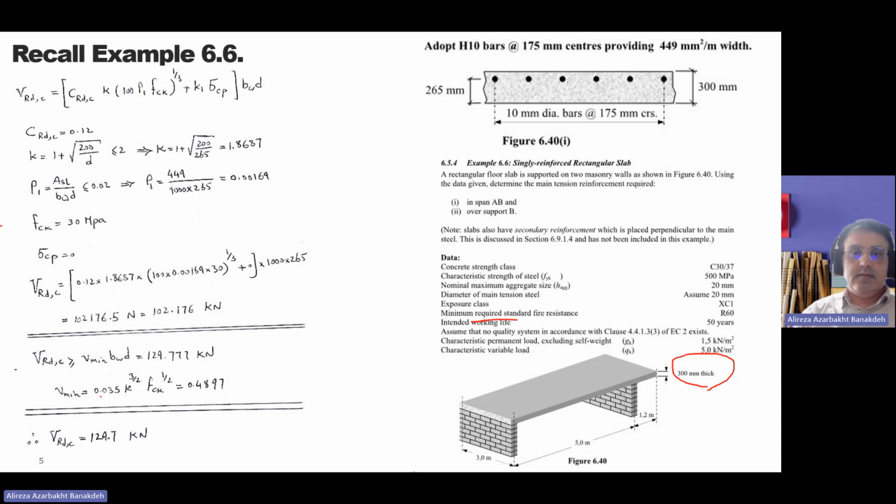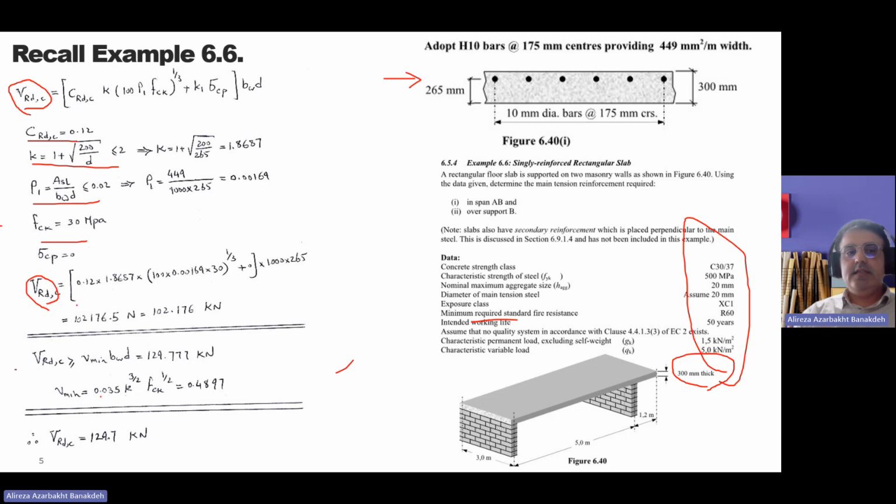Where is it? VRDC, and I just wrote every single parameter here based on this example. Just go and check, we had all the parameters here, and I calculated VRDC as 102 kilonewton. And also I checked it with the second formula, that VRDC should be more or equal than that. And I got